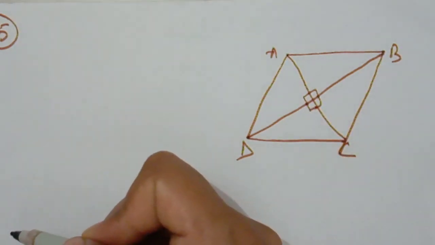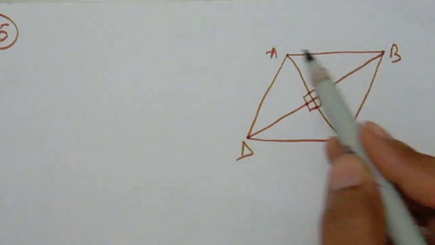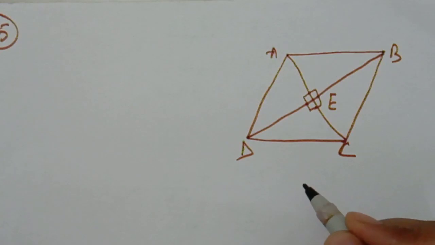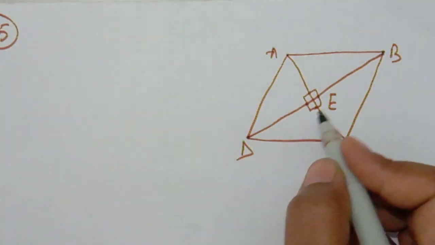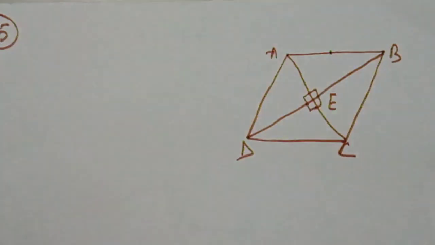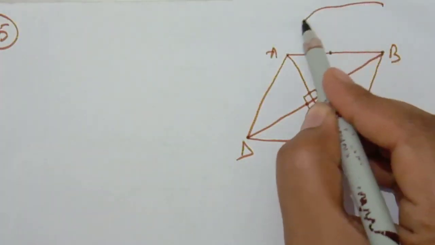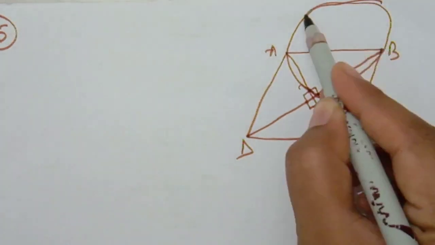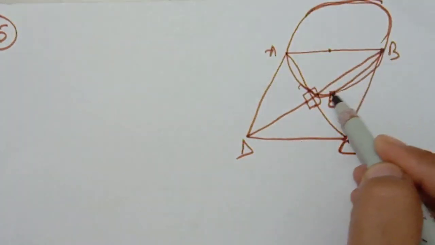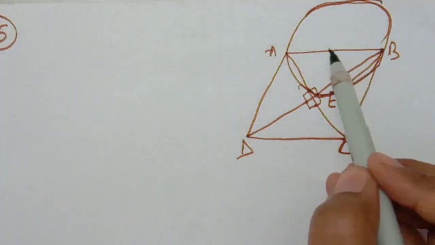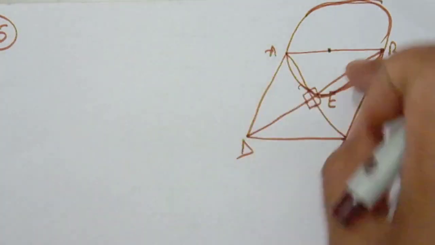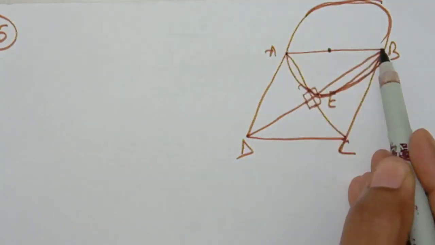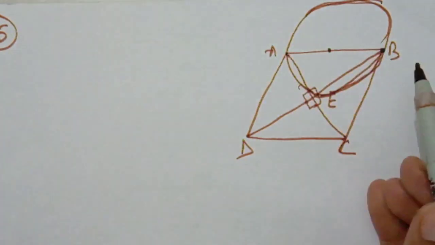So students, according to the question, ABCD is a rhombus whose diagonals AC and BD intersect at point E. Let O be the center. We take one side as a diameter, so we will make the circle like this. If we take O as the center, this is our diameter, we will put our compass here and draw a circle which passes through A and B, with AB as the diameter of the circle.